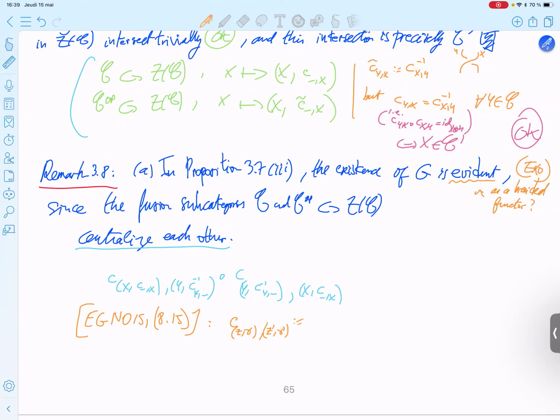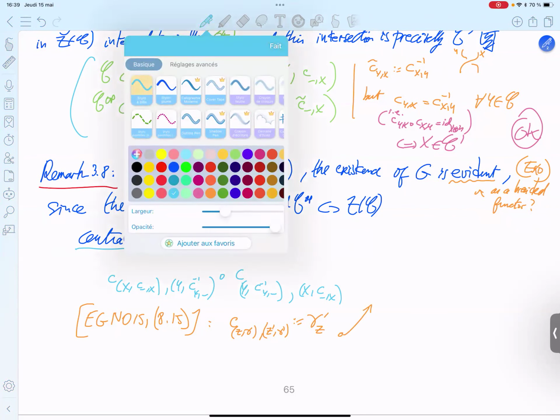It is defined directly as the natural isomorphism gamma prime for the object Z. This is the definition of the braiding in the Drinfeld center. So if you apply this definition, you get something which is equal to